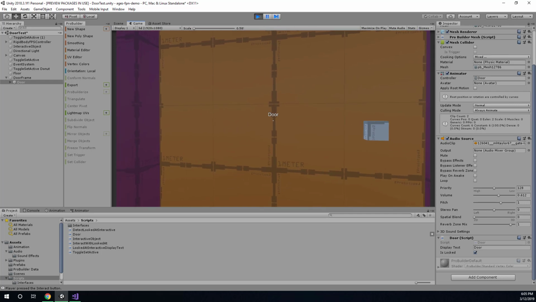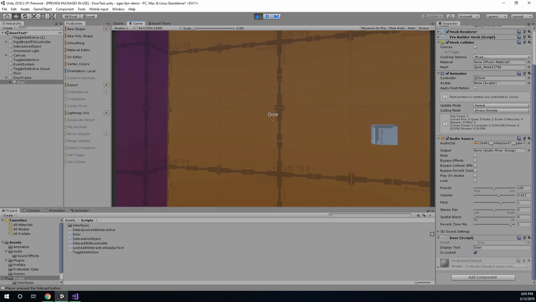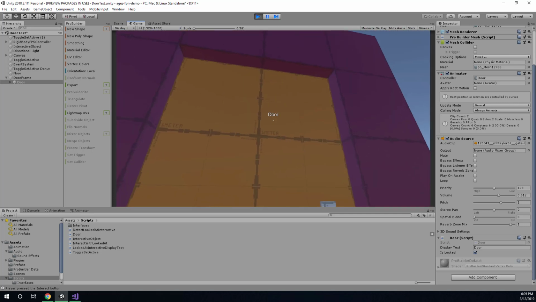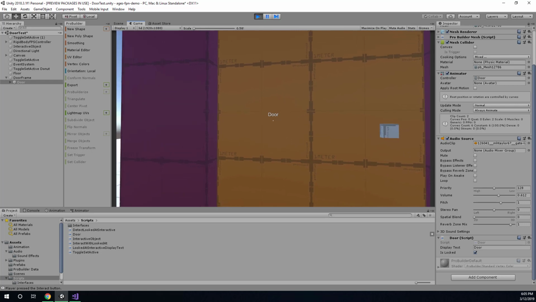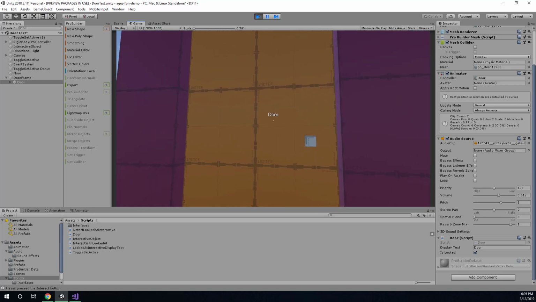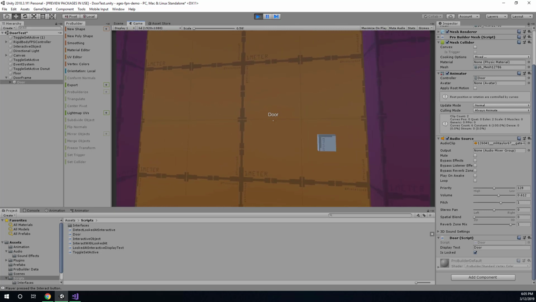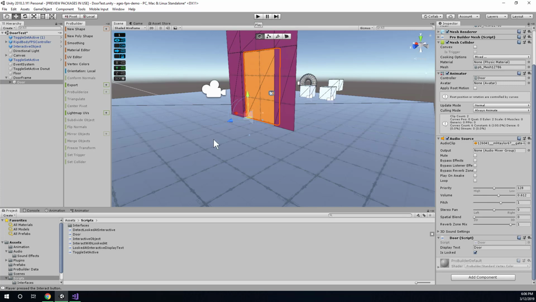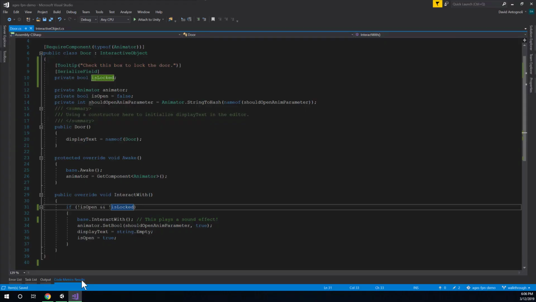So let's go ahead and use the feedback mechanisms that we already have in place to help the player understand this is locked. So specifically, we can change the display text, and then we can maybe have a different sound effect for when the door is locked. All right. So starting with the display text, let's start thinking about this. So where's the display text here? The display text